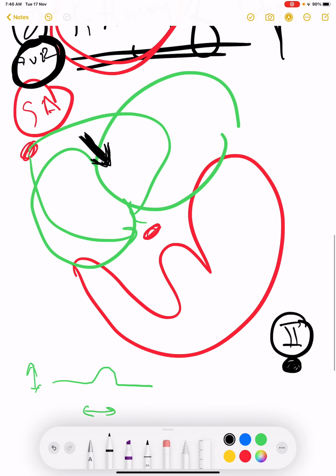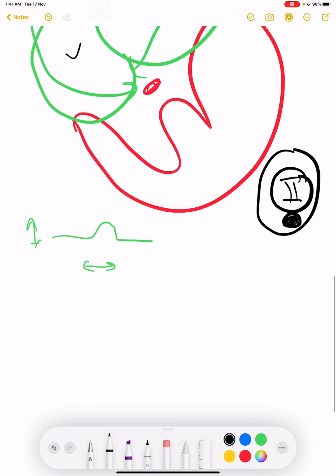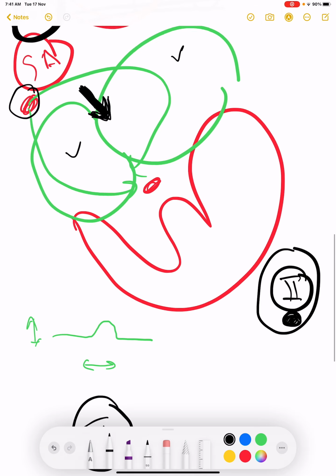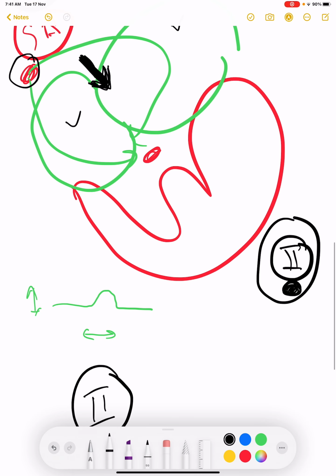So this is the reason that in normal circumstances, when the P wave is originating in the SA node and both of the atria are normal, the direction of depolarization is like this, and it is facing toward lead 2. That is why the best lead to look for P wave normality or abnormality is lead 2, because the direction of depolarization will be towards lead 2 and the P wave will be upright in lead 2.